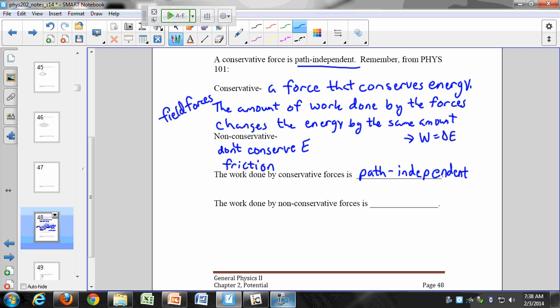This stuff is going to sort of lay the groundwork for what we're going to do later, but it's not terribly consequential. It is important, but sort of in the mechanics of what we'll do, it's not terribly consequential. But you might see some multiple choice questions regarding some of this information about forces being conservative or non-conservative, path independent, path dependent, all that jazz. And then the work done by non-conservative forces is path dependent.